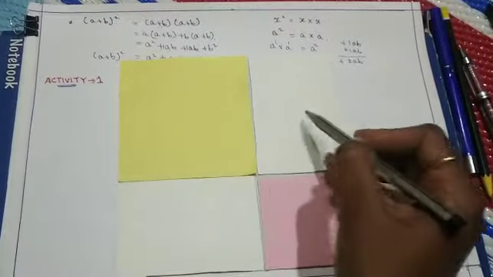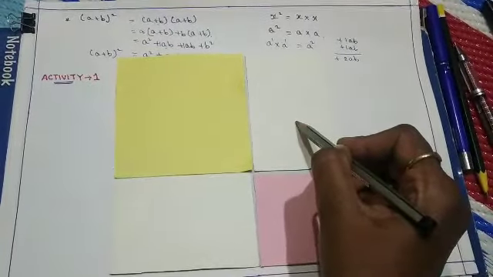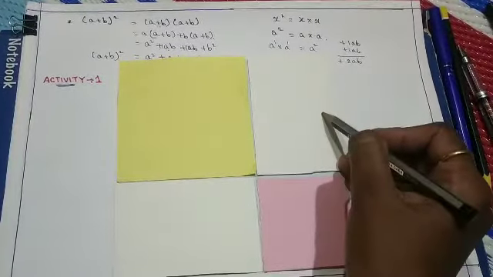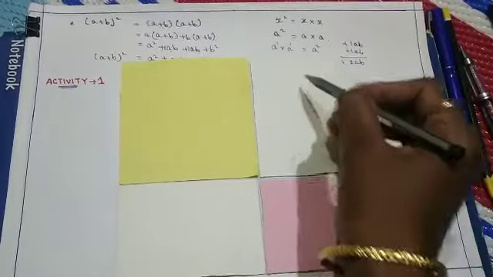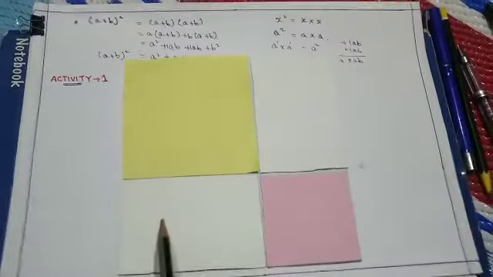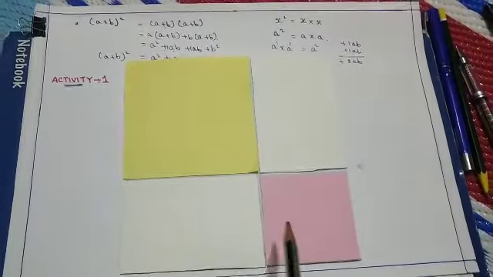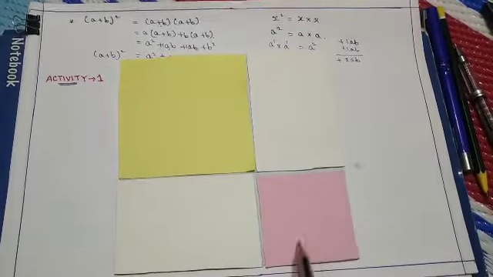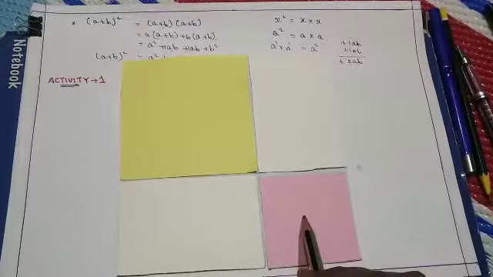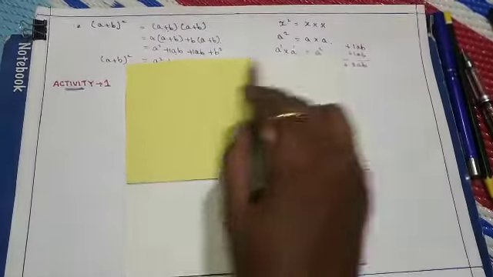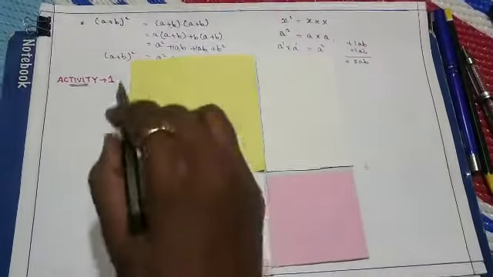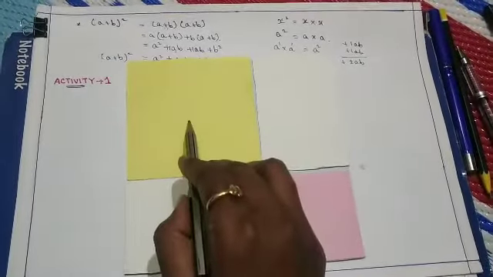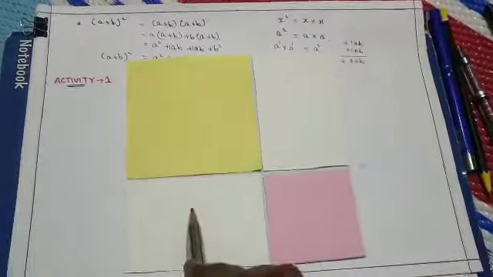And this is a rectangle. Area of rectangle we know, L into B. Here it was B and here it was A. Then what is the area of this rectangle? A into B. And here A into B. And here we have lengths B and B, so it is a square. What is the area of this square? B square. Then the area of the bigger square is nothing but side into side, which is A square plus AB plus AB plus B square.